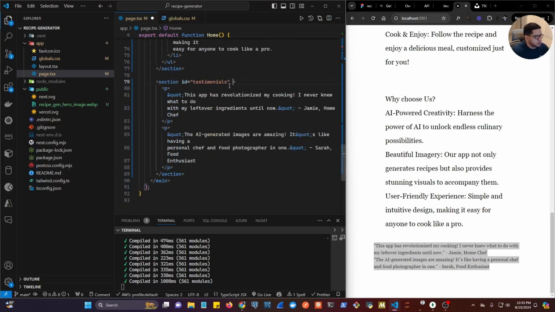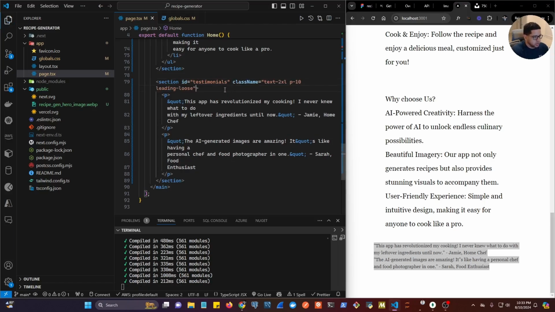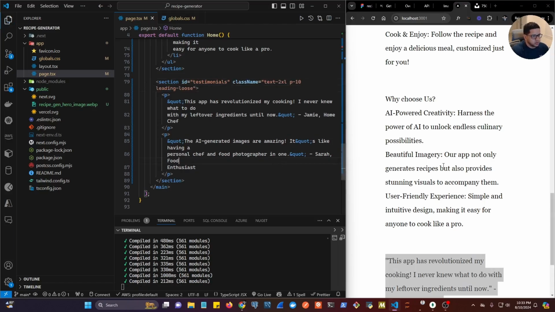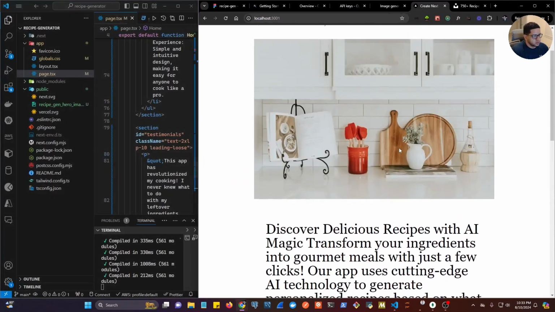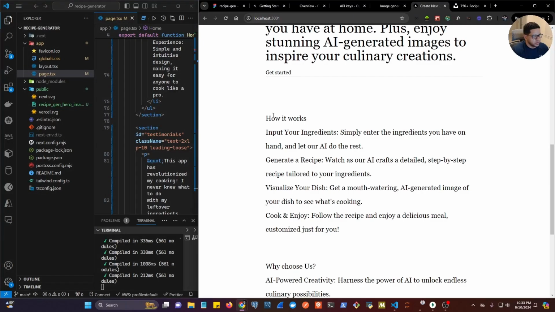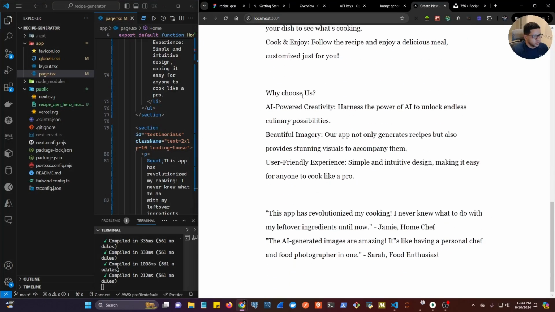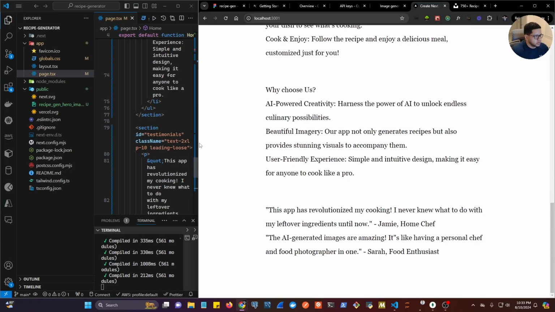And I know they all share kind of the same classes, but we can come back and style this a little bit differently for the different sections. So for now, this looks cool. We have the how it works, why choose us, and in here, let's do